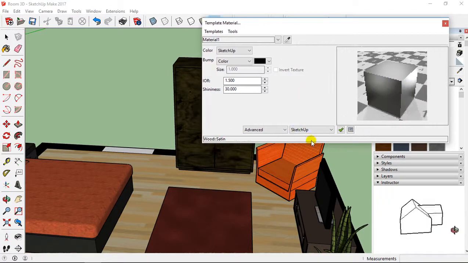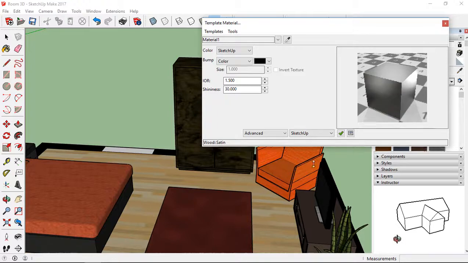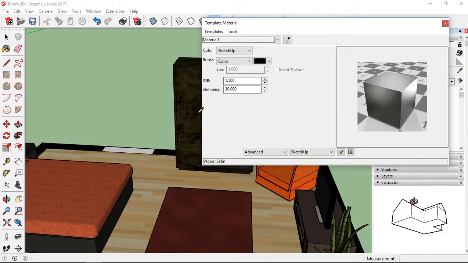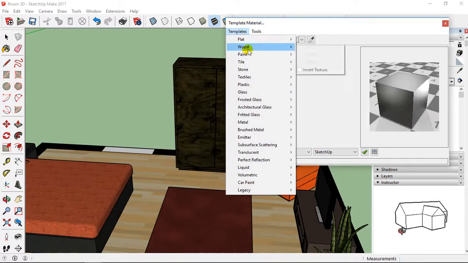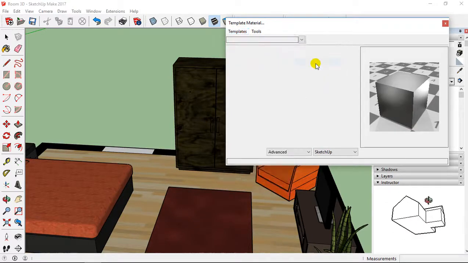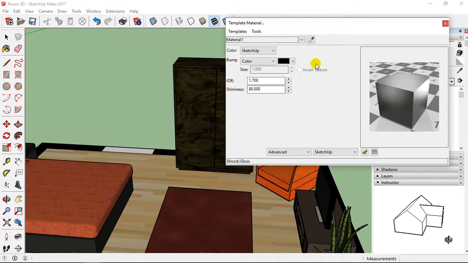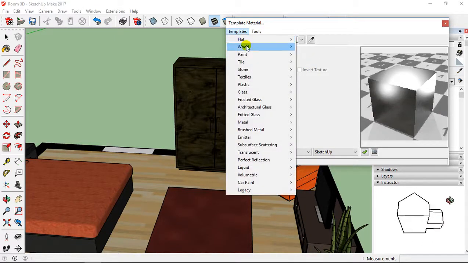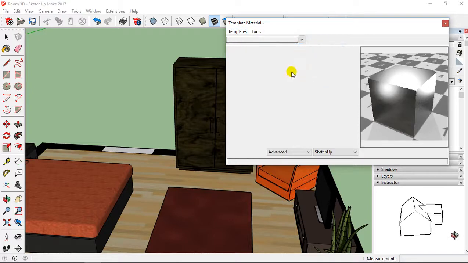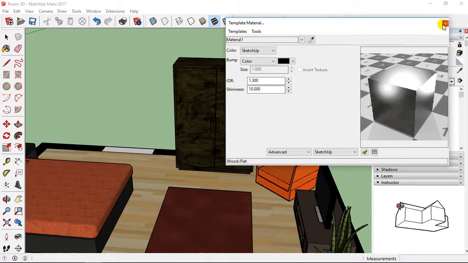You can also change the size of your window if you prefer. So you have also satin, or you can select gloss or high gloss. For example, here I'm going to stay on wood flat, and it's okay.